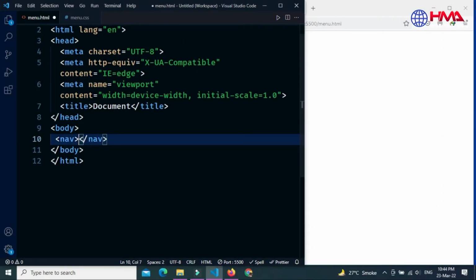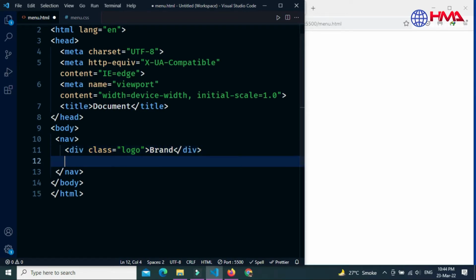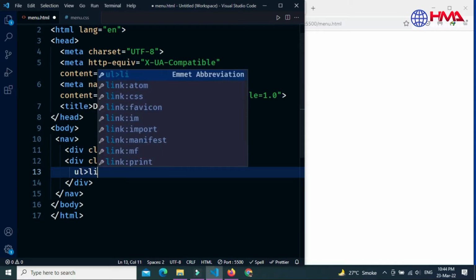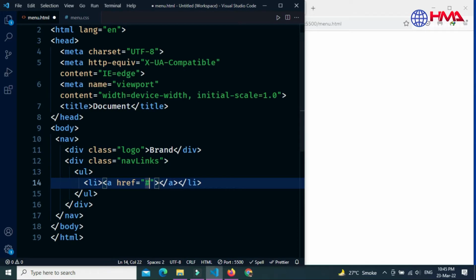First of all, write HTML code. The nav tag is specially used to create navigation, and a div with class logo will be used to create the logo, and another div with class nav links. Inside this div we will create our menu items: an unordered list, and inside this list, inside the anchor tags, I